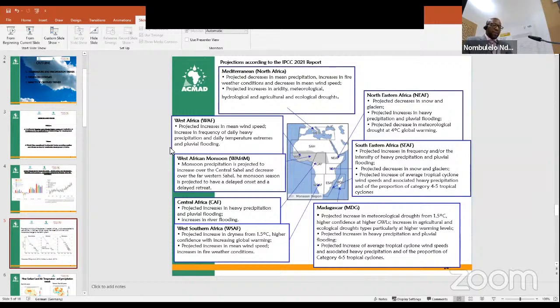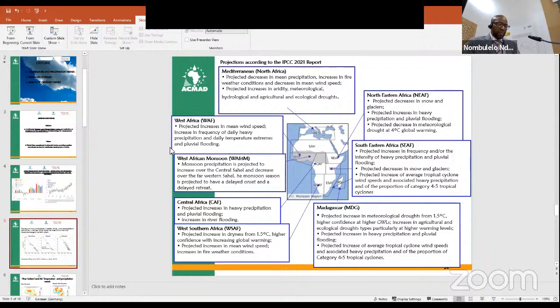On the other side of Africa, northeastern Africa, we are expecting a decrease in snow and the glaciers. We are expecting an increase in heavy precipitation, fluvial flooding, and a decrease in the meteorological drought at the high emission scenario. In Southeastern Africa, we are expecting a projected increase in frequency or intensity of heavy precipitation and the